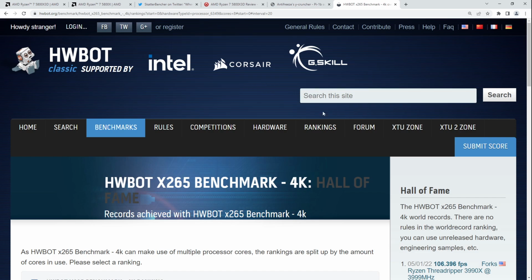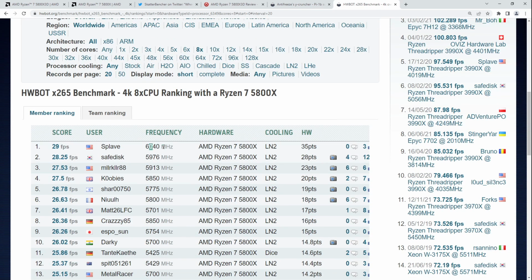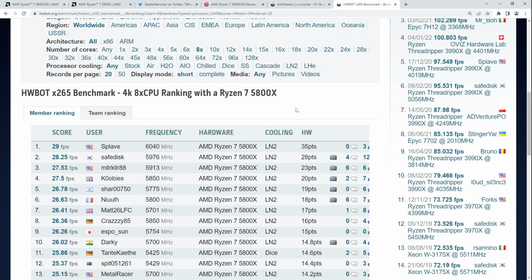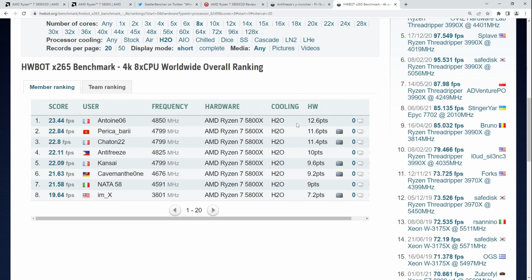Anyway, this is obviously on liquid nitrogen, and I am also kind of annoyed that the 5800X3D on LN2 is... We're probably not going to see that. Or actually, maybe we will see that. The people at Asus ROG are absolutely insane, so I wouldn't be too surprised if they just BCLK overclock the 5800X3D on liquid nitrogen anyway. But yeah, so on water cooling,